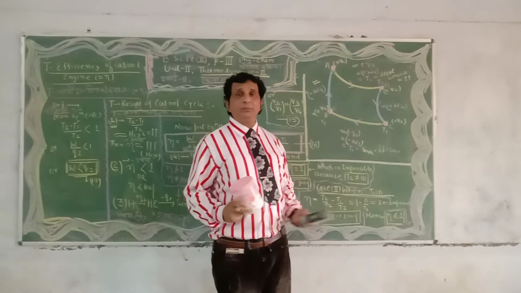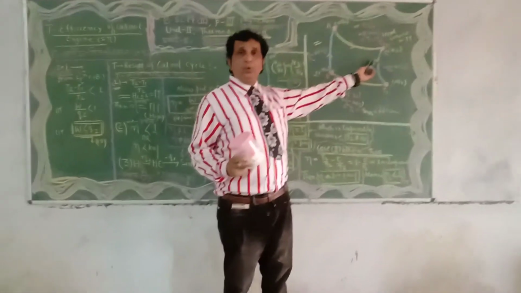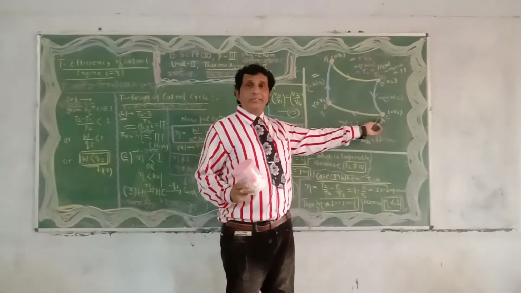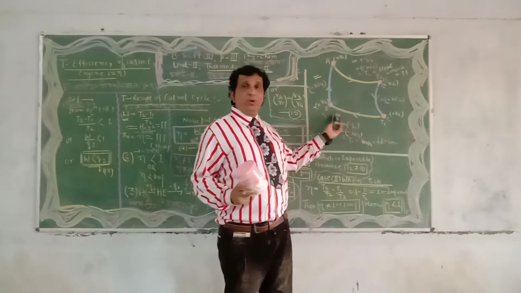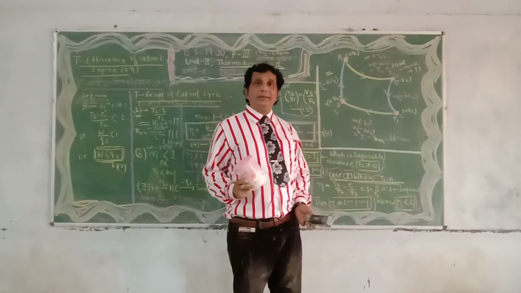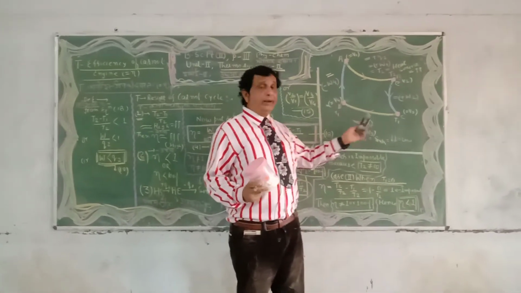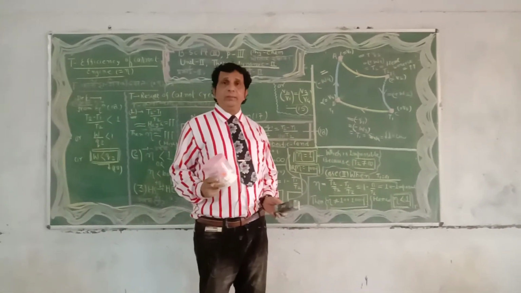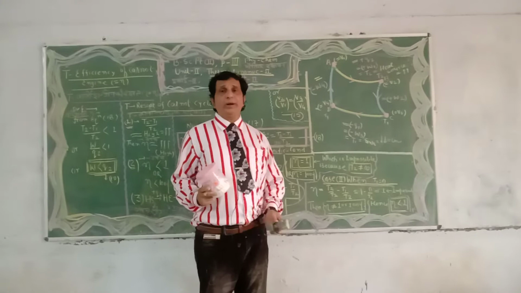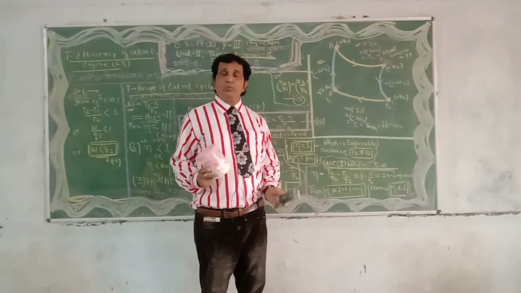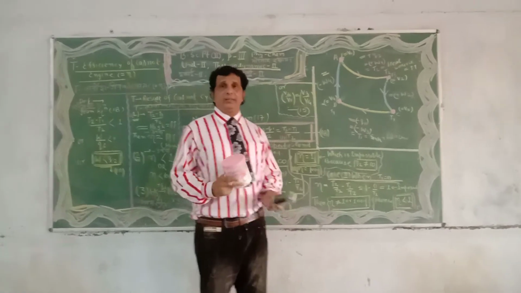Dear students of BSc Part 2, A to B is known as isothermal expansion, B to C is adiabatic expansion, C to D is isothermal compression, and D to A is adiabatic compression. And the whole network, in our previous lecture, dear students, we have calculated, and we have also established the quantitative relationship between V2 upon V1 and V3 upon V4; both are equal here.